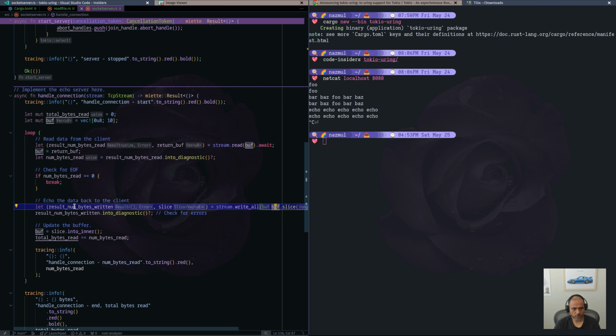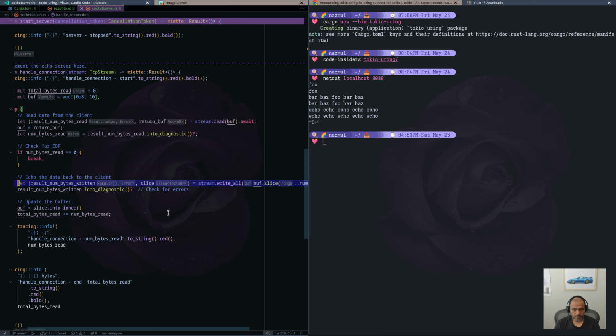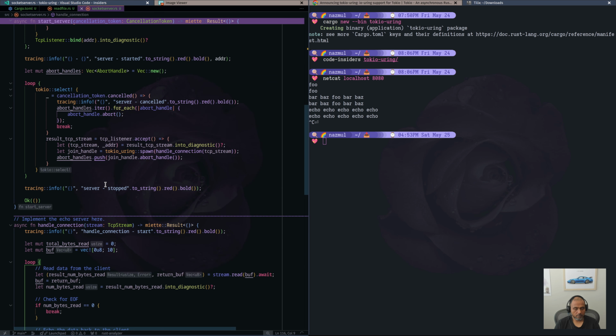So because it returns another tuple with the result of how many bytes were written and a slice. So that's the major difference between doing it Tokio style and tokio-uring style. So now that that's done, the other part of what we can do is